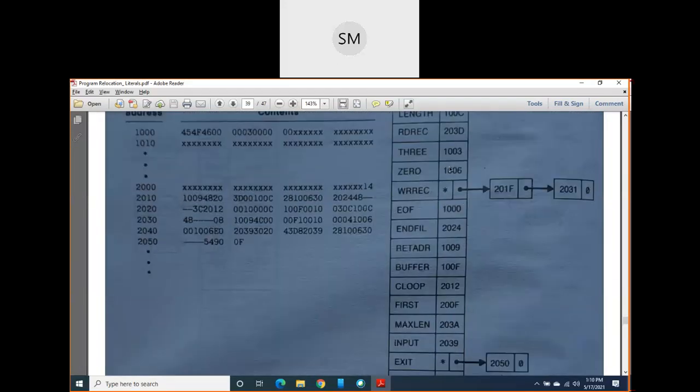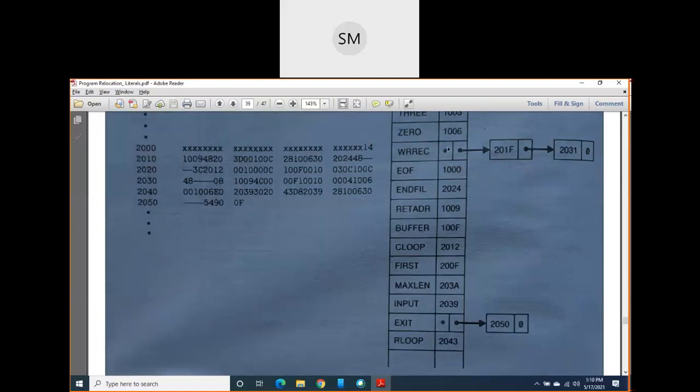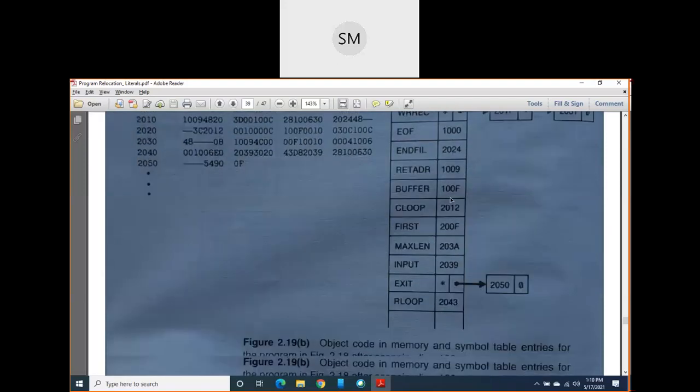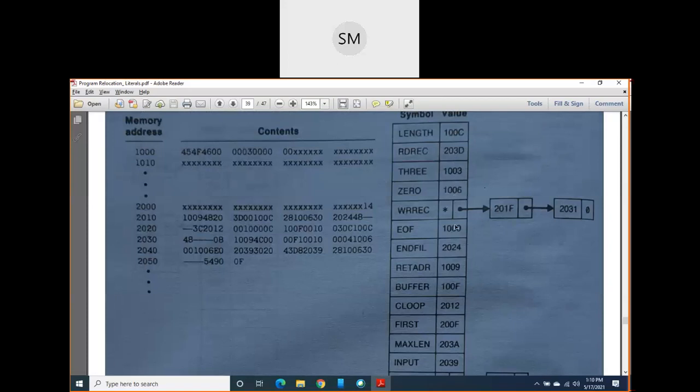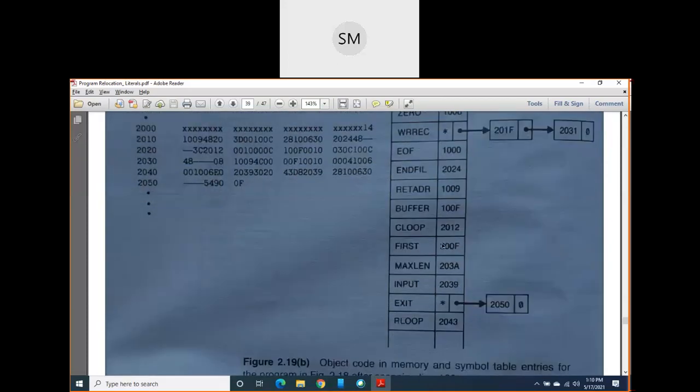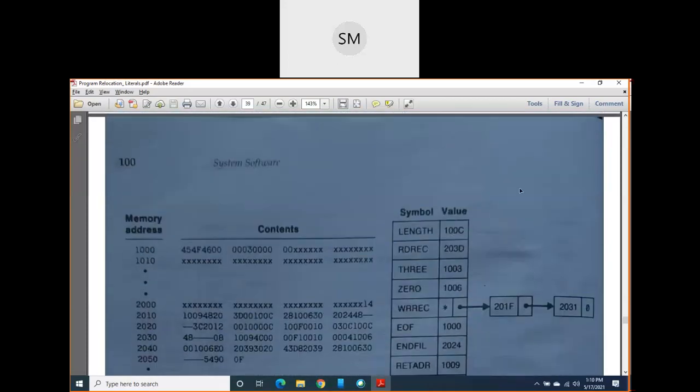Once you eliminate all these forward references, it means once you remove all these linked lists and all these stars, you will get values in this value column, all values. At that time you should understand that you have eliminated all forward references.